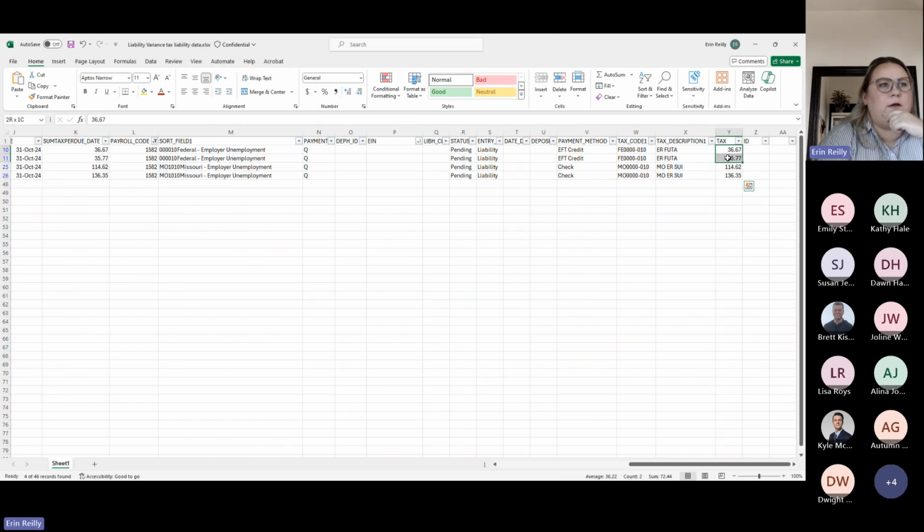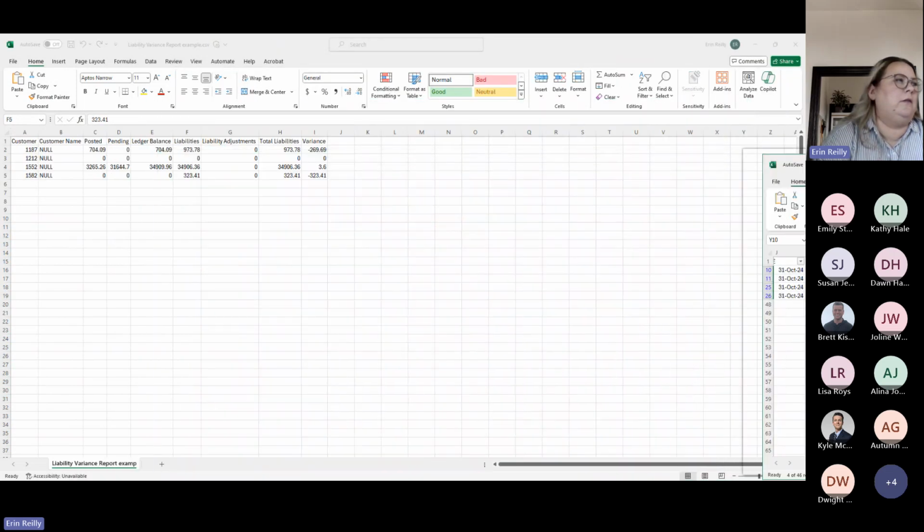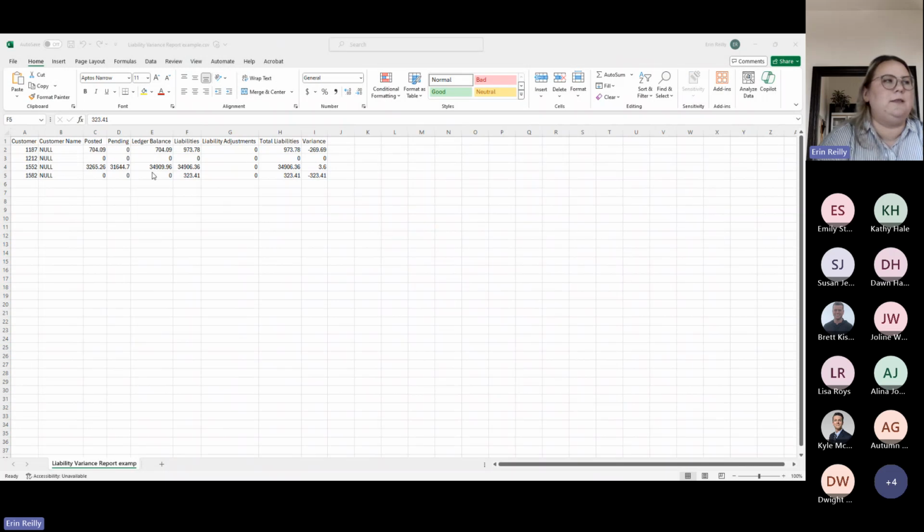a FUTA quarter two, quarter three liability, sorry, for a total of 72.44, and then Missouri unemployment for 250.97, totaling the outage that we see, 323.41. And until we actually collect that conversion liability and our ledger increases to 323.41, then this will be out of